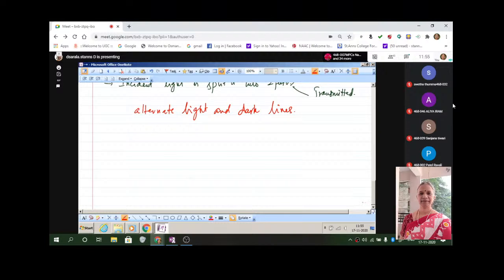So therefore, let us consider two beams now. What are the two beams that we consider? First, the transmitted beam. Let us consider a transmitted beam. So initially, from the center mirror to go to M1,